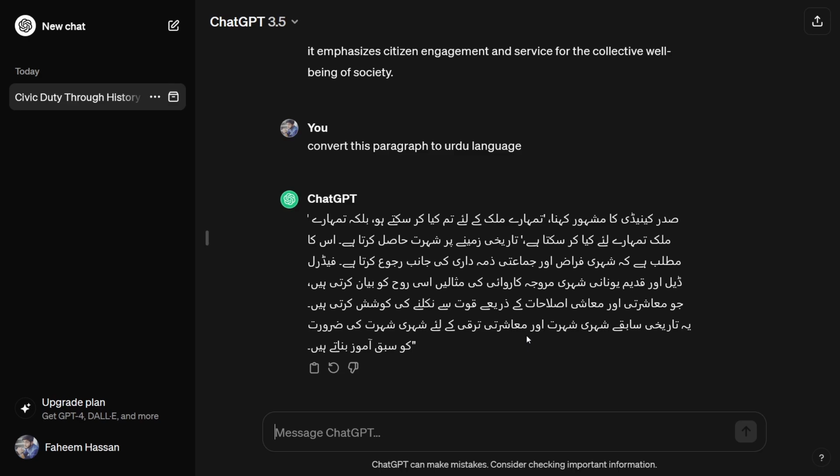For example, if you write emails, you are working in a company, you can use this tool to write professional emails. If you are a content creator, you can get content ideas from it. If you are a programmer, this tool is going to be very helpful for you. It can solve your problems or it can write code for you, so you can easily and quickly work on projects. And obviously you can give it errors. ChatGPT can solve errors for you.